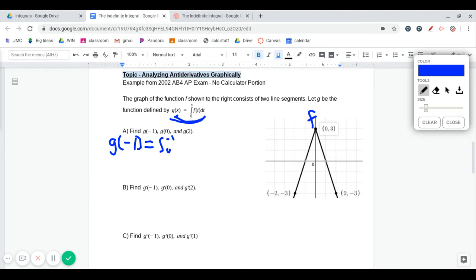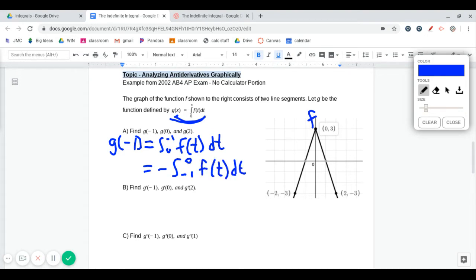Of f of t dt. Remember the rules of integration say that if you're going from a lower bound to an even lower bound, that's the same as the negative of the integral from -1 to 0 of f of t